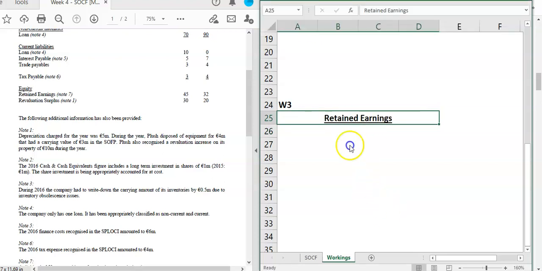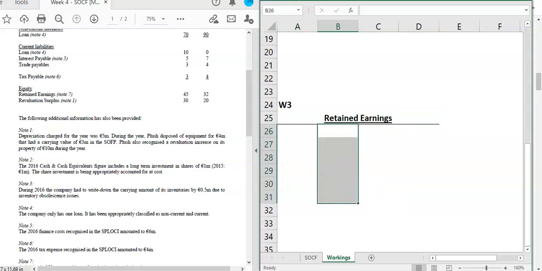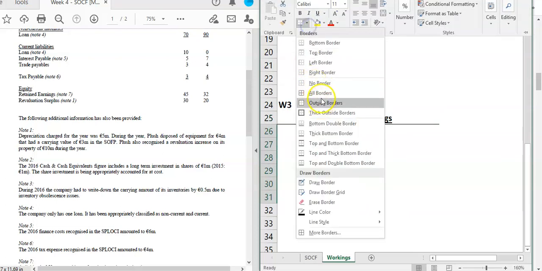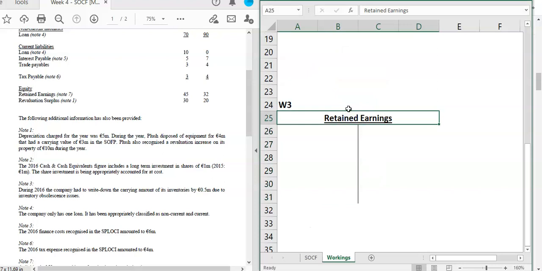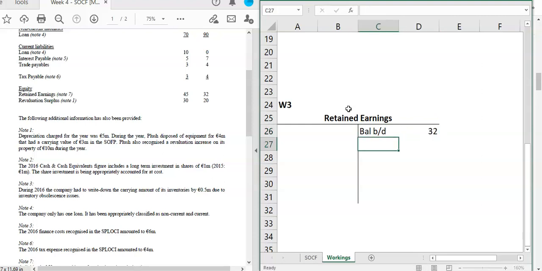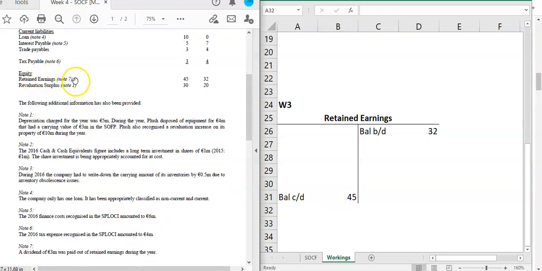Sometimes I'm solving for dividends, but in this case, you're going to be solving for profits because they tell you what the dividend is already. So it's a slightly different way of going about it. Your balance brought down, opening retained earnings was 32 million, given in the question. Your balance carried down at the end was 45, and they tell you in note 7 retained earnings, dividends paid out, so you'll say dividends here,